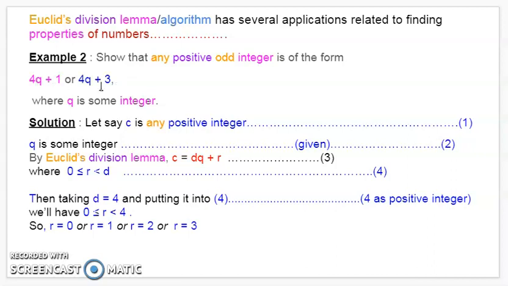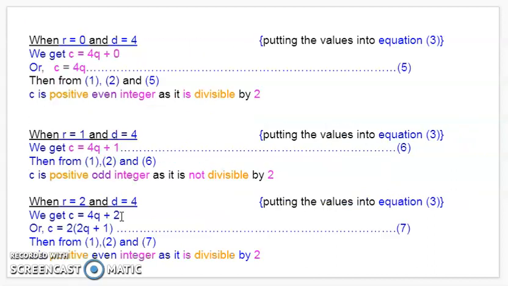So these two things we have to obtain. Okay, so if the first two remainders, r equals 0 and r equals 1,